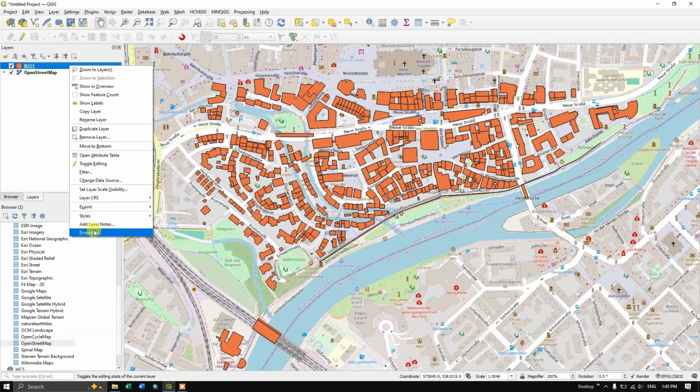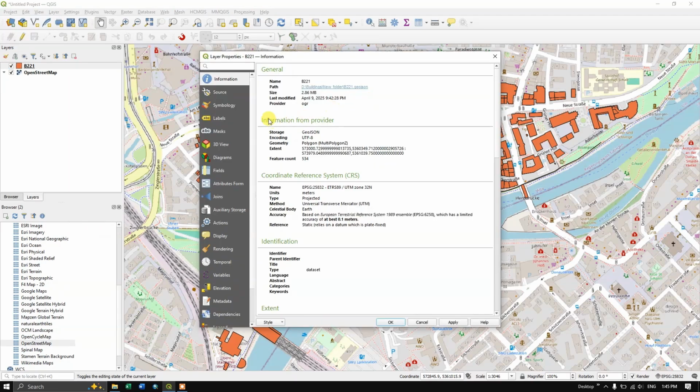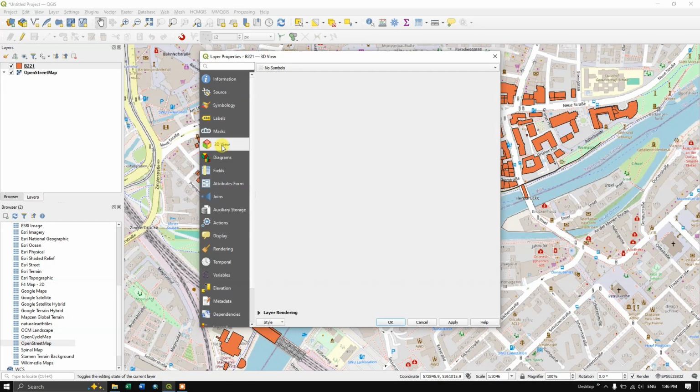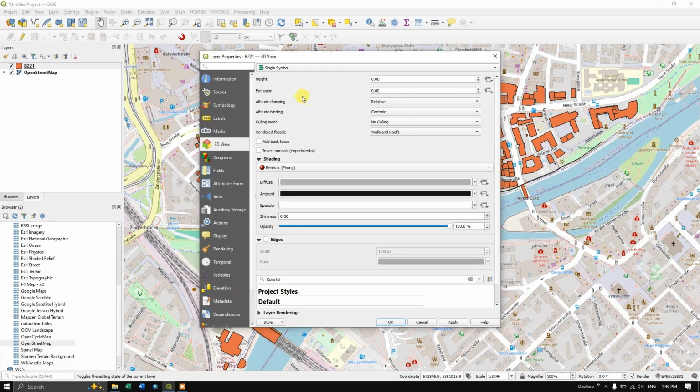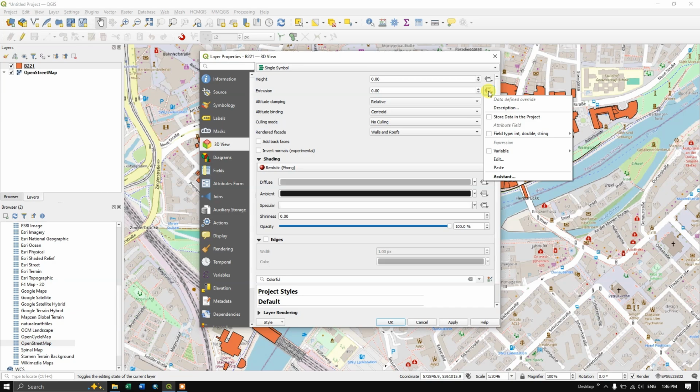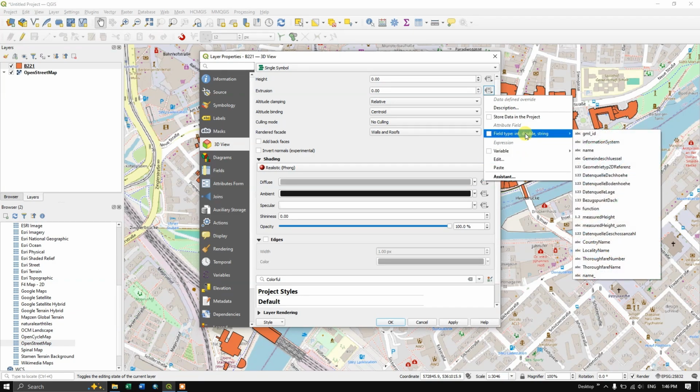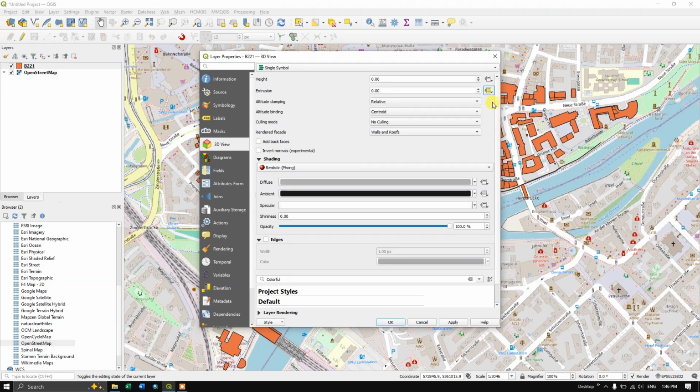So now after activating shape file, some properties. So if you are in any other panel, please come down to 3D view, and here please select 3D symbology, and you can find the extrusion here. Here we are going to use the building height. You click on this file and you can see field type. Here we are going to select measure height. Select it. You can see after that it will be telling. So now click on apply and give OK.